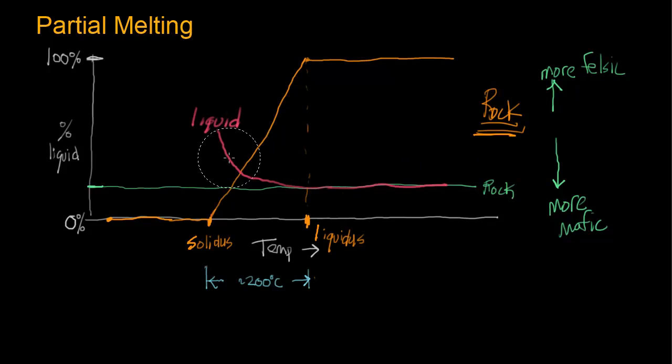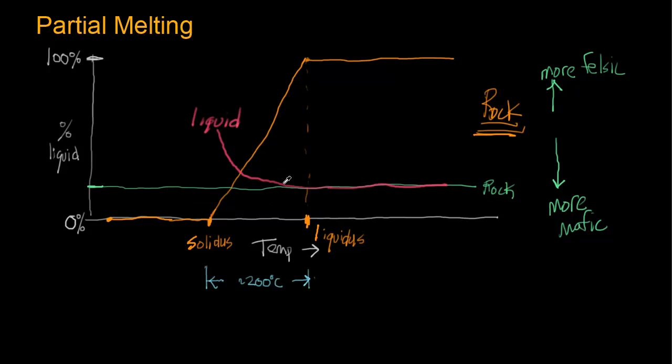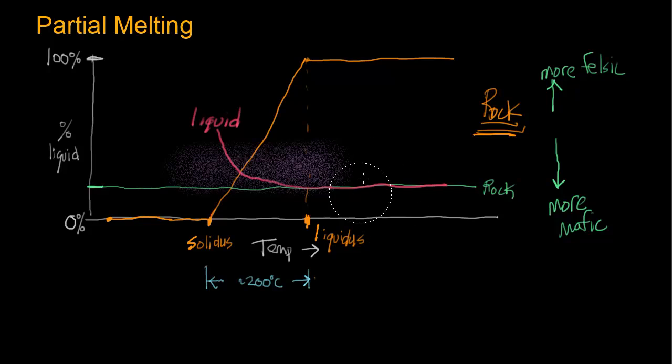Now here's the thing. In reality, most rocks melt to between about 20 and 50% of the way between the solidus and the liquidus. In other words, they end up being between 20 and 50% partially melted. We can show that on this diagram with this purple band, which represents the typical range of melting for rocks. And if we look at this, we can see that that corresponds to liquids which are somewhat more felsic than the original rock. And in fact, the rule of thumb,